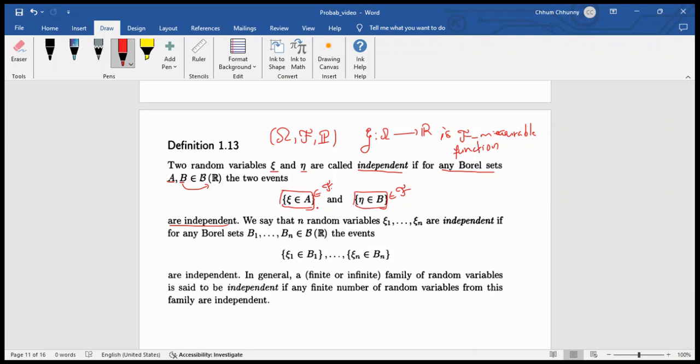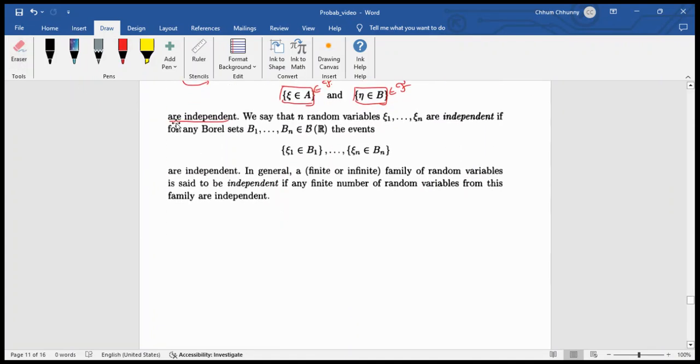So these two events are independent according to the previous definition if the